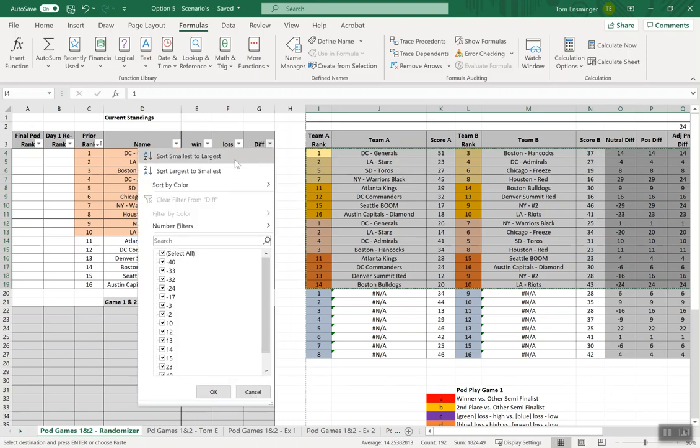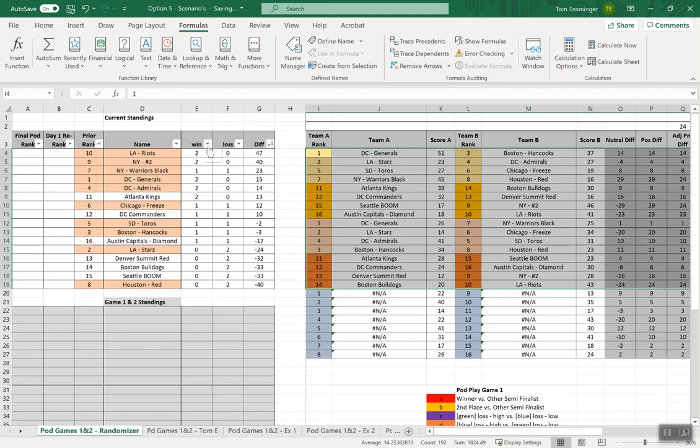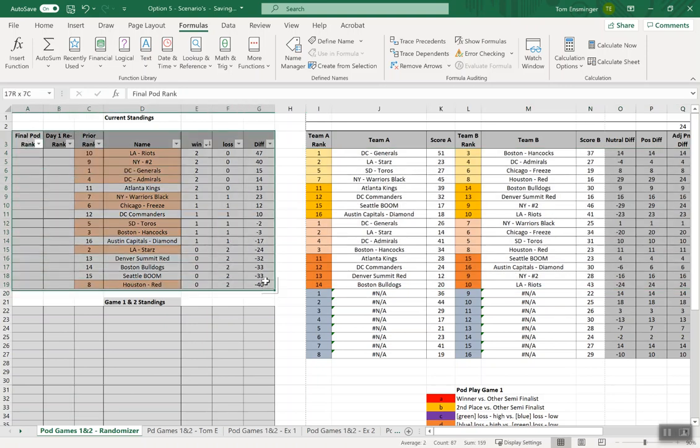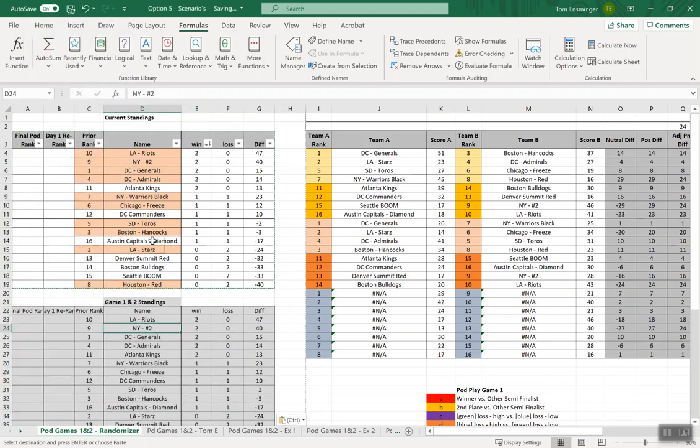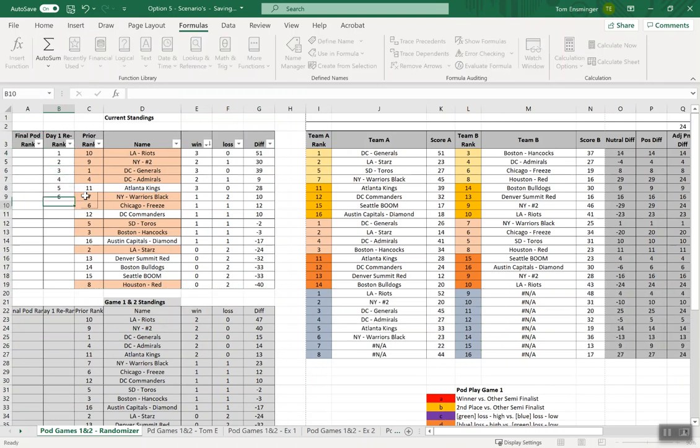So if you sort from largest to smallest of point differential and then largest to smallest of the wins, you now have your new top 8. So just to make sure we don't lose this data before we keep going, I'm going to paste it down here. So again, just paste the values. So here's our top 8. I'm going to now enter in the new ranks,